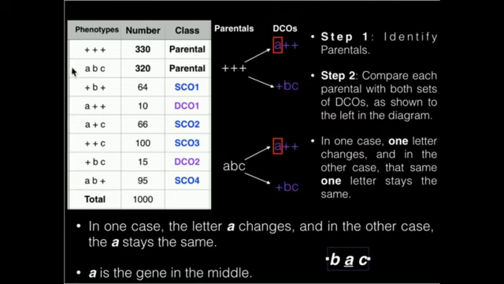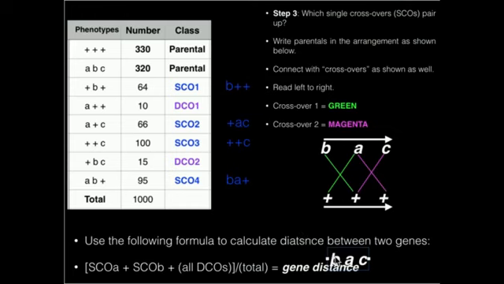Remember we found that this was the gene order, BAC? So we want to put them in this order. So write the parentals one horizontally this way. So we have ABC as the phenotype for this parental, but we're going to write it in this order, so BAC. Now the other one's all plus signs, so it really doesn't matter, but this is technically capital B, capital